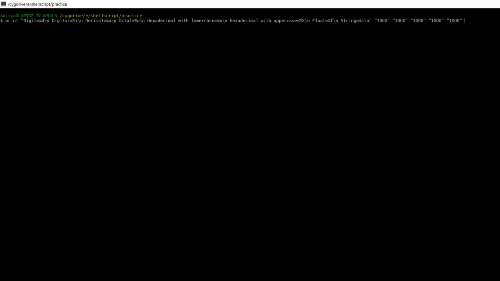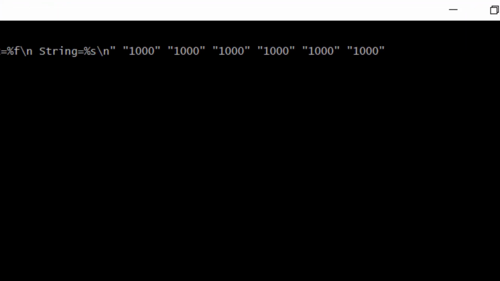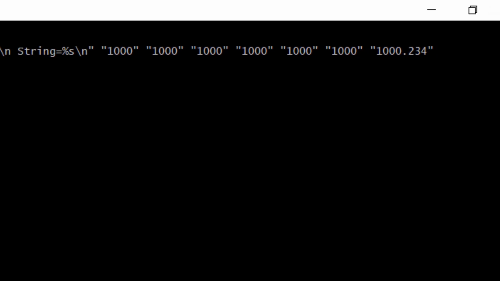Now hexadecimal with uppercase, for that also 1000 only. Next one, after lower and upper, float is there, right? For float I'm going to use something like this, 1000.234. Okay, now after that uppercase and float are done. Now I will give my name, Aditya, here.